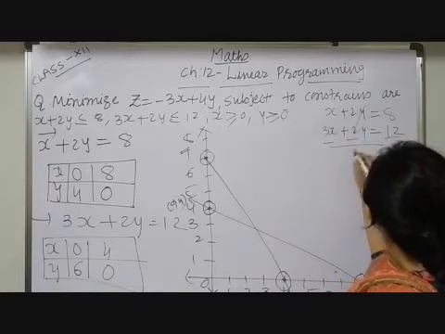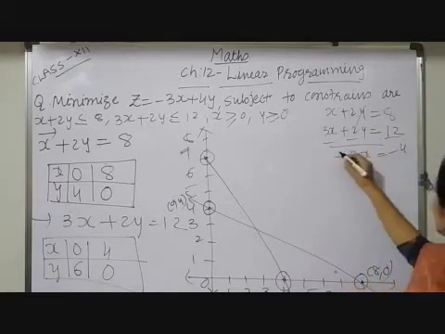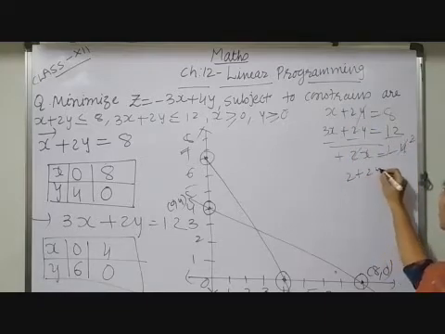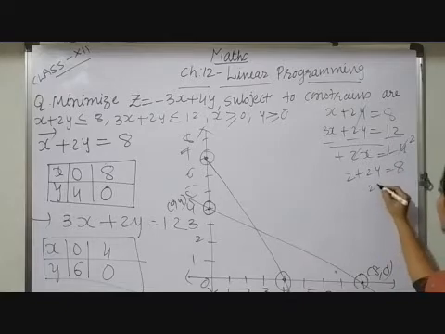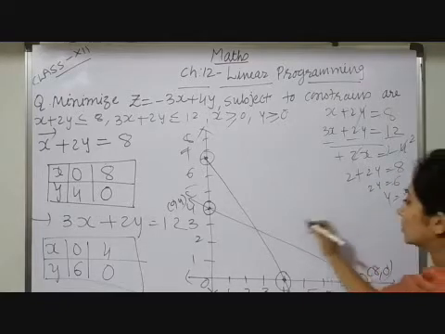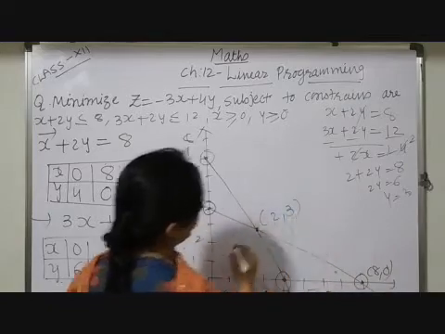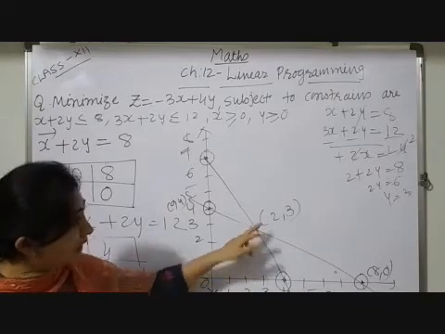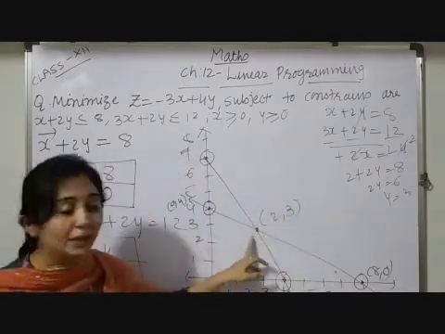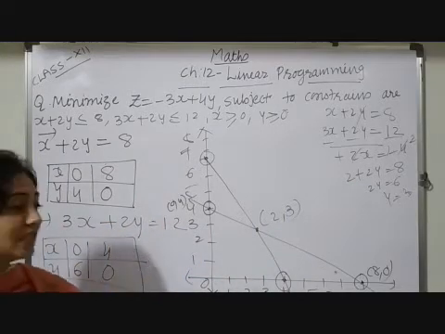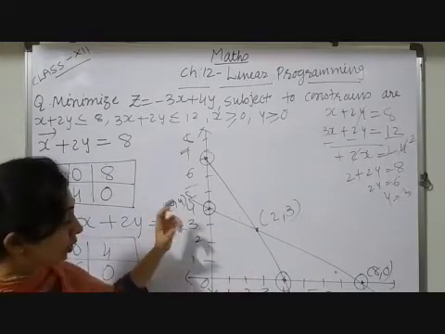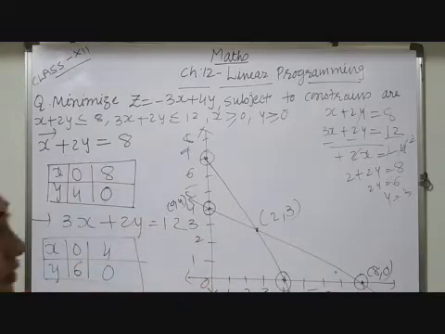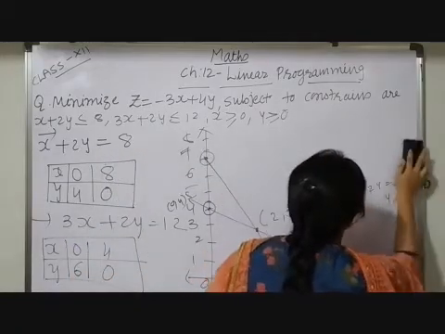Subtract, so now you have -2x = -4, so x is 2. Substitute x = 2 here, so we get 2 + 2y = 8, so 2y = 6, so y is 3. So this corner point is (2, 3). Here I am not getting the exact point because I have drawn without a scale. On graph paper you may obtain this point without solving these equations, because you will use a ruler and all units are equidistant. So it is not compulsory, which is why we will rub this out.